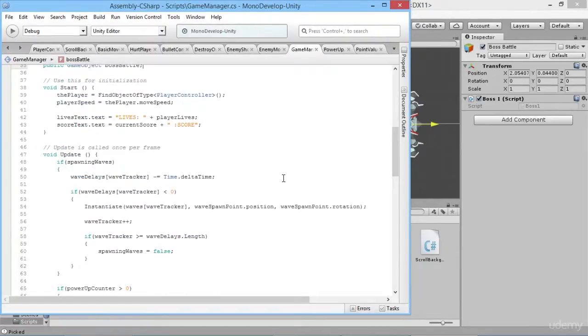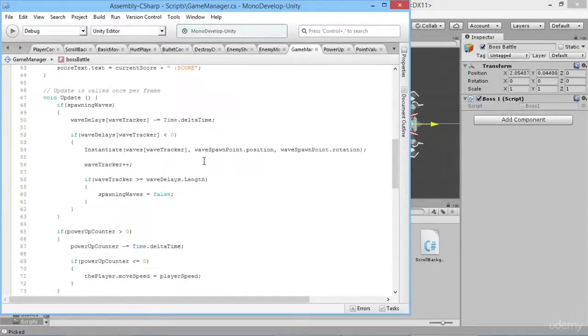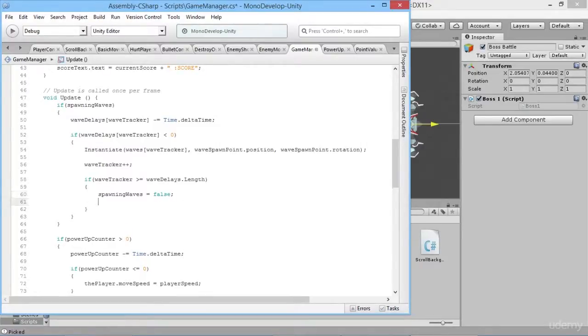You could just fight some enemies and move on to the next level, and then say have a boss every third level or something like that. But what we want to do here is say, okay, if there is a boss battle in the world, then we want to activate it when our waves run out. So when do our waves run out? When our wave tracker gets longer than our wave delay's length, then we stop spawning our waves. So when we stop spawning our waves, we can also tell it to,